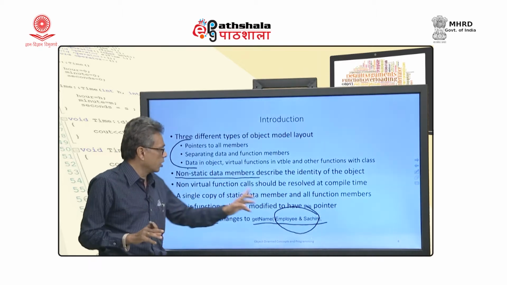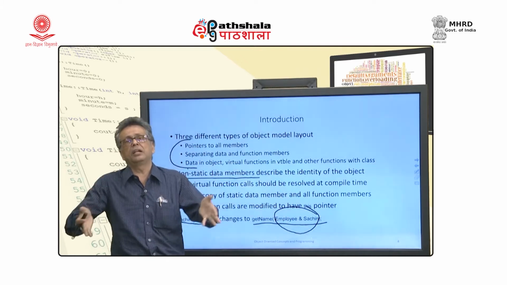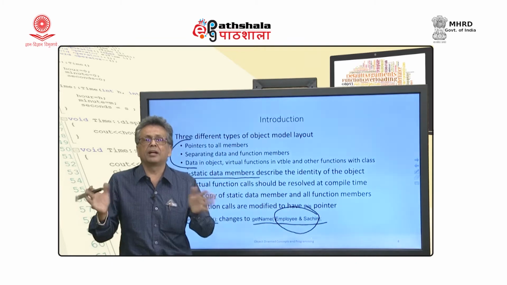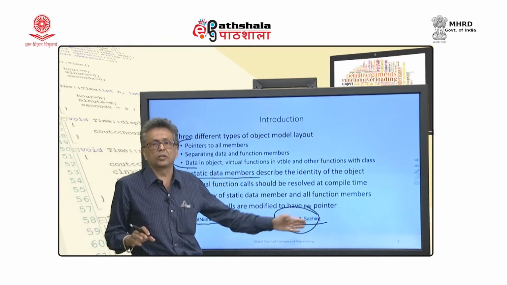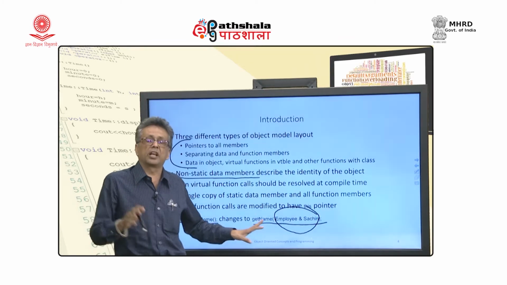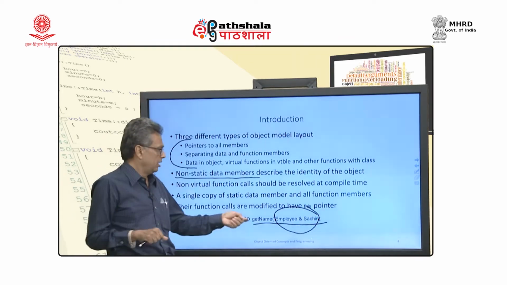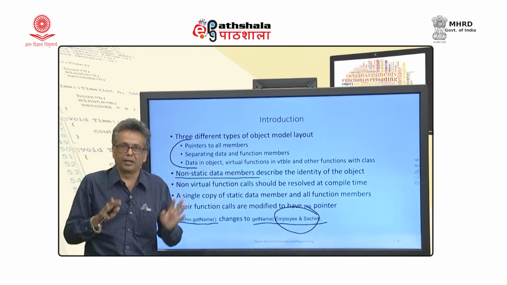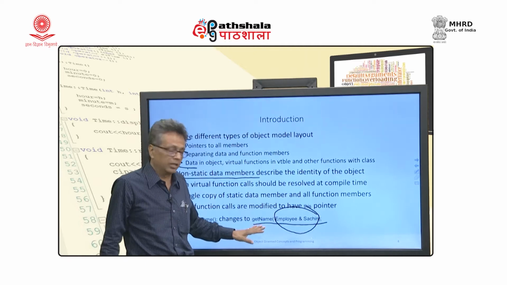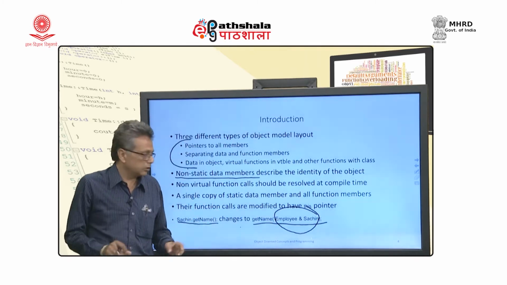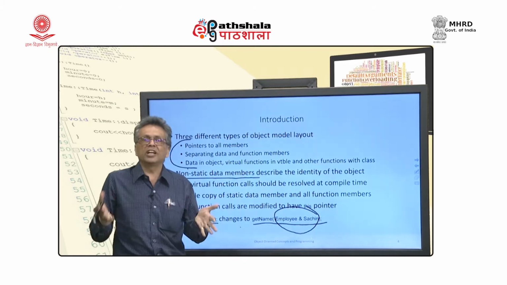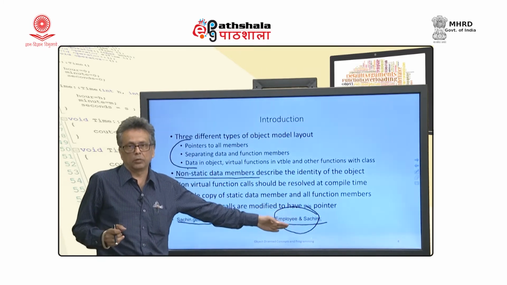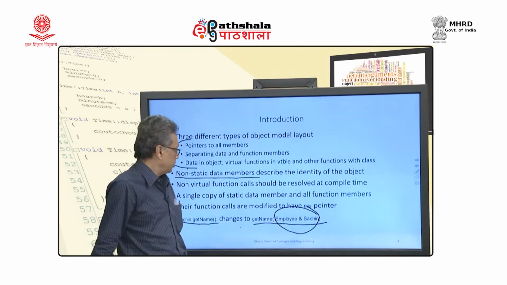A member function is converted to a function like a C function, so there is no overhead and no decision to be made at runtime. Now, this is a normal function with the this argument, and it is also name mangled. If there are two classes with the same function name, this is name mangled to make sure that these two functions remain different and do not look identical. It will never remain the same in most cases. But anyway, what we have is a single function which is being called. Now, this becomes a C function call.